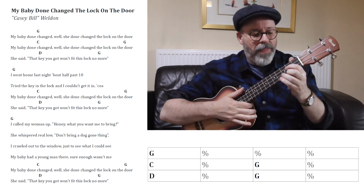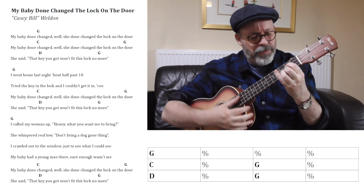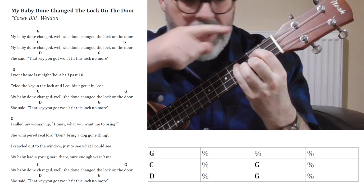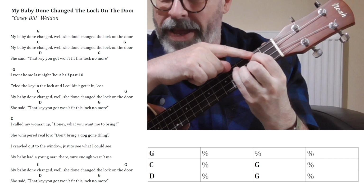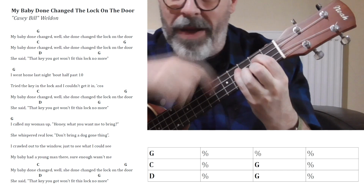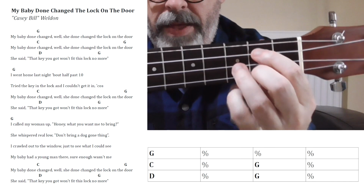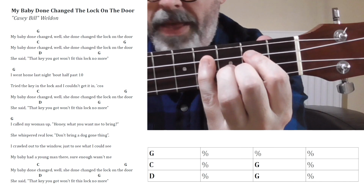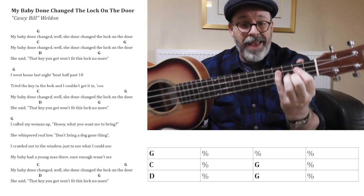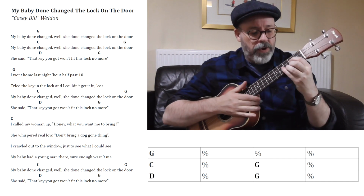One more to go, and that's our D chord. It's a bit trickier this one, so we're going to take our little finger and add it on the G string at the 4th fret. Now your first finger's already on that string. Don't take that off, just add this one on the same string. It won't matter what's happening behind it. So we get this kind of shape. There's our D chord, and we add our little finger here. Now that's a bit of a stretch, and if you really struggle with that, particularly on the longer scale of the baritone, then you can always miss out the shuffle on this chord. It's not the end of the world. But if you can do it,